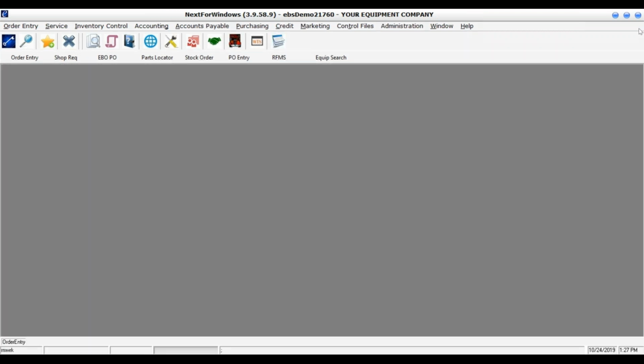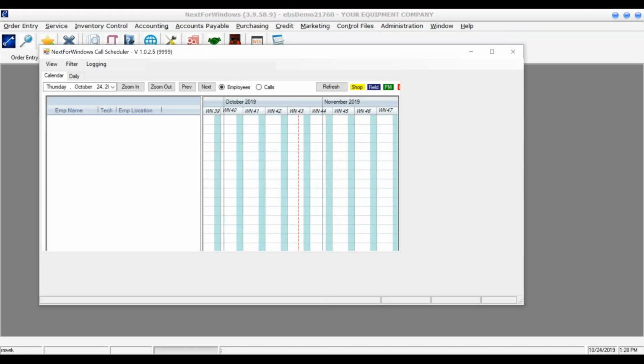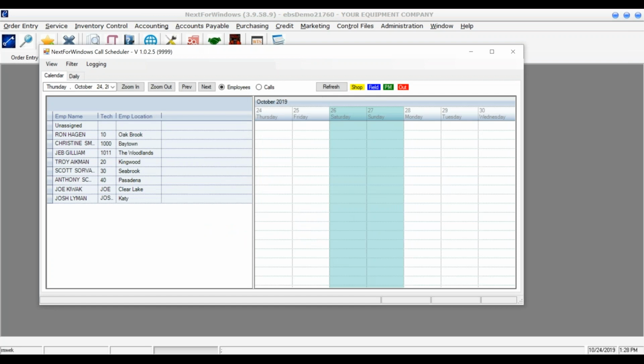Now, underneath the menu items, we have these icons. So starting to the far right, do you have field technicians or just shop technicians or both? We have both. Okay, so good. So this calendar I think you're going to like. A lot of our dealers actually put this on big screen TVs. This is actually a call scheduler, basically to schedule out your technicians for jobs that have been